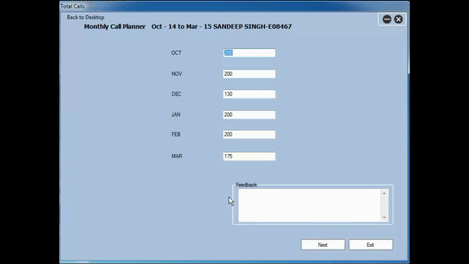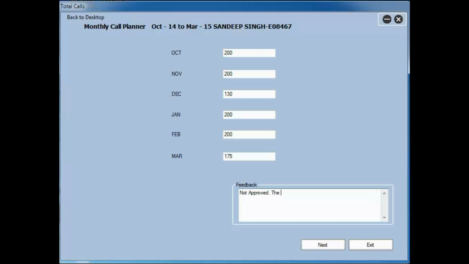On seeing this, being the manager of the person here, that is Sandeep Singh, Dubeyji should be able to give feedback on this. So please do not just mention not approved. You may say something like not approved here, but please do not leave it at just not approved. Mention why not approved. For example, you may say that in the month of December, your leave has not been approved, so why are you only doing 130? It is not 130 alone.